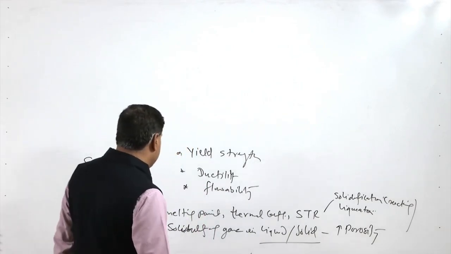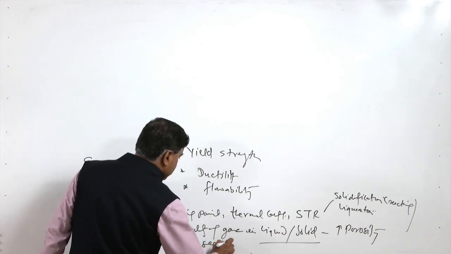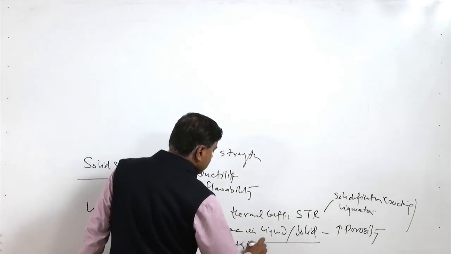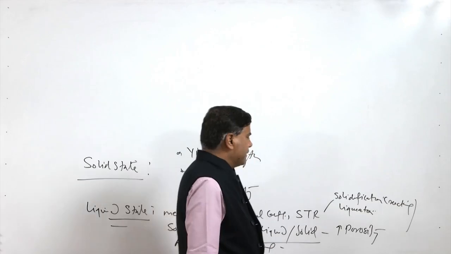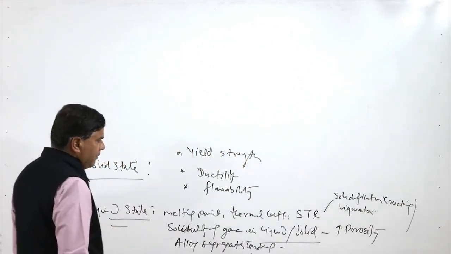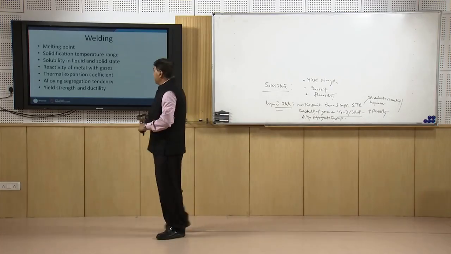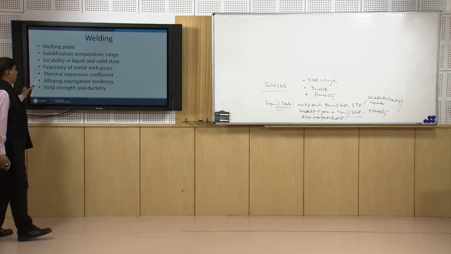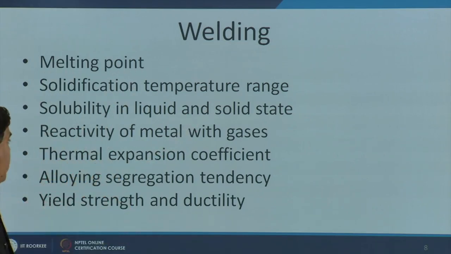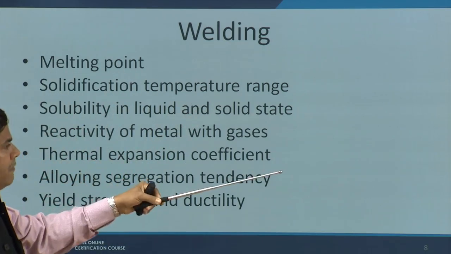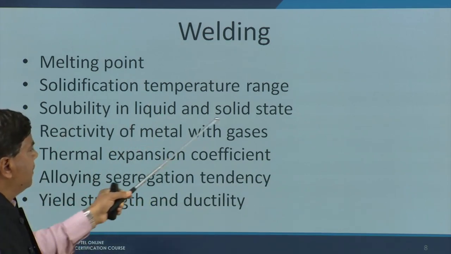And similarly, the alloy segregation tendency is important because it affects the solidification cracking tendency as well as liquefaction cracking tendency in case of weld joints. So, this is what we have seen in case of welding: the melting point, the solidification temperature range, solubility in the liquid and solid state. Melting point affects the ease of fusion, solidification temperature range affects the solidification cracking and liquefaction cracking tendency, solubility of the gases in the liquid and solid state affects the